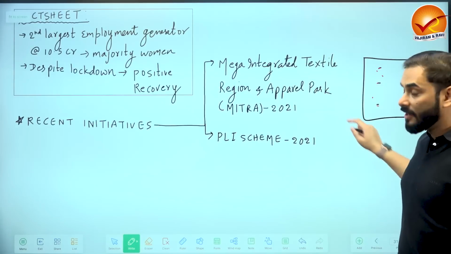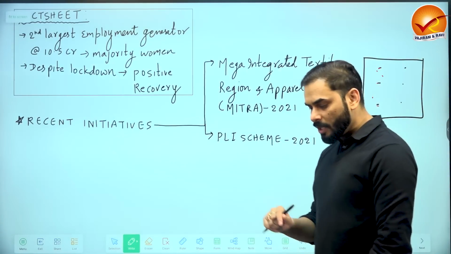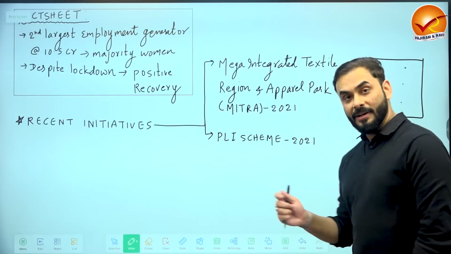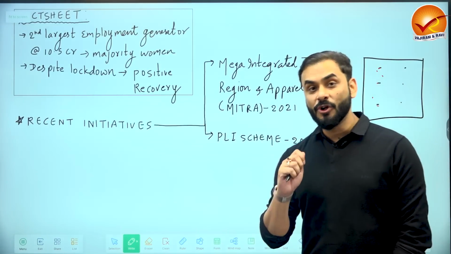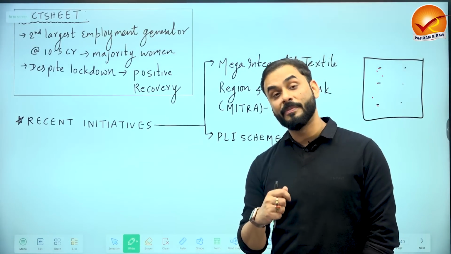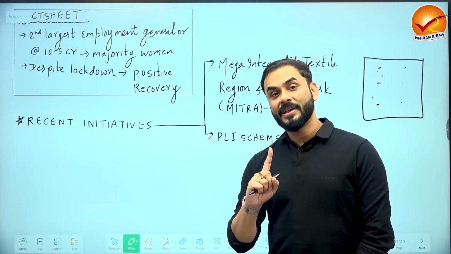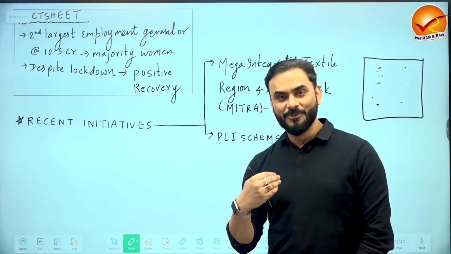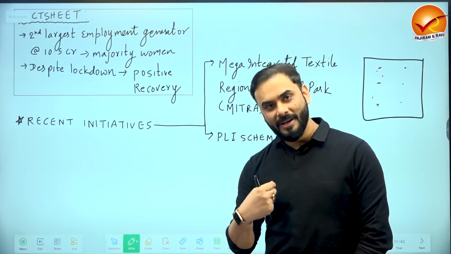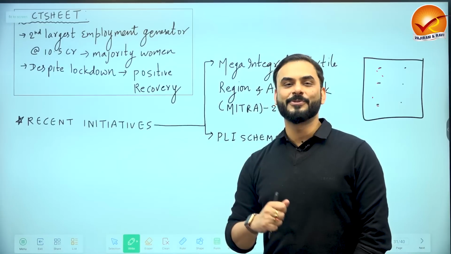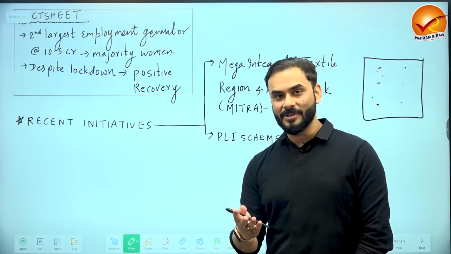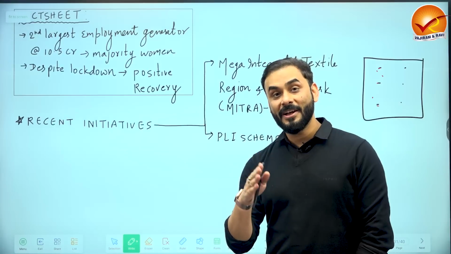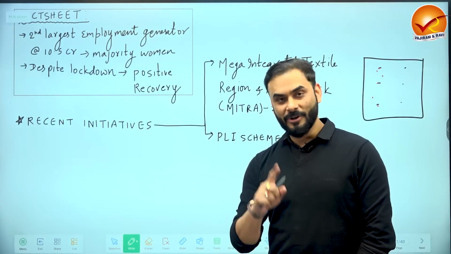That's your Mega Integrated Textile Region. One of the beautiful things related to Mega Integrated Textile Regions is that it does not only pay attention to industries or manufacturing units, but it also pays a lot of attention to farmers, because ultimately the clothes that you wear, this thread and the fabric that you see, it comes from farmers only. The natural fibers, they come from farmers. For example, cotton. Cotton is grown by the farmer. From there it goes to the factory. So the origin is the farmer.